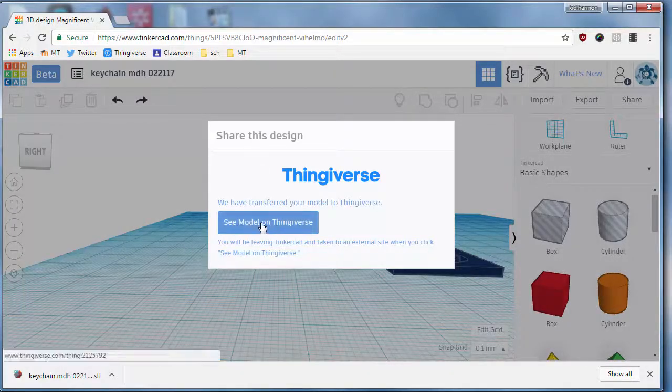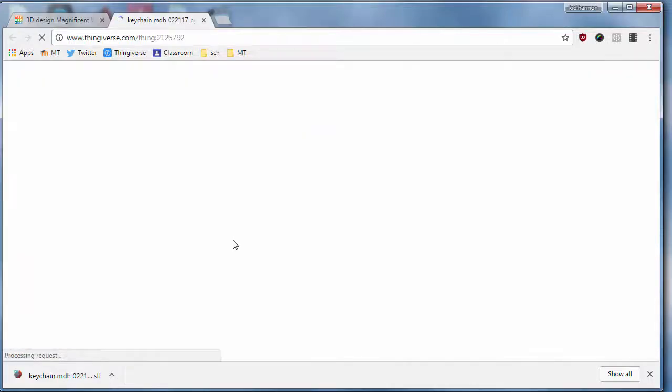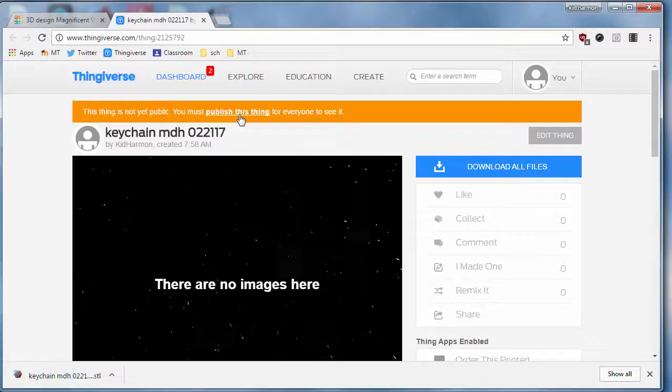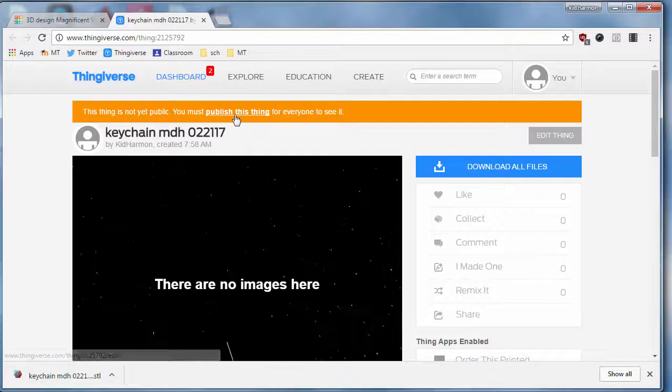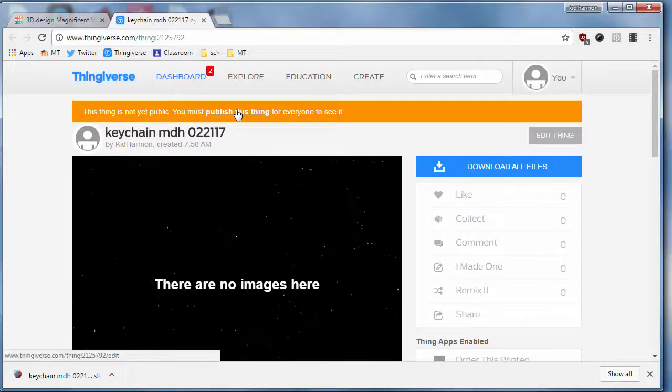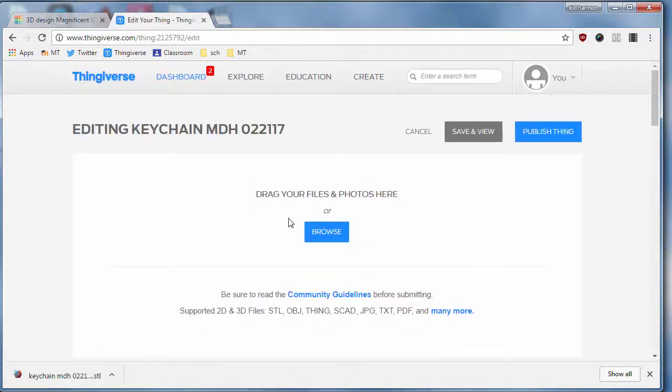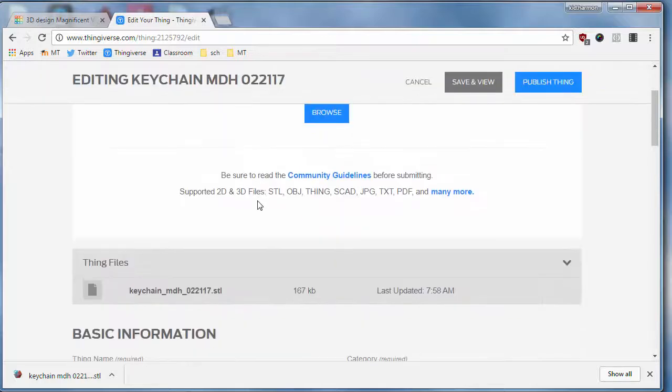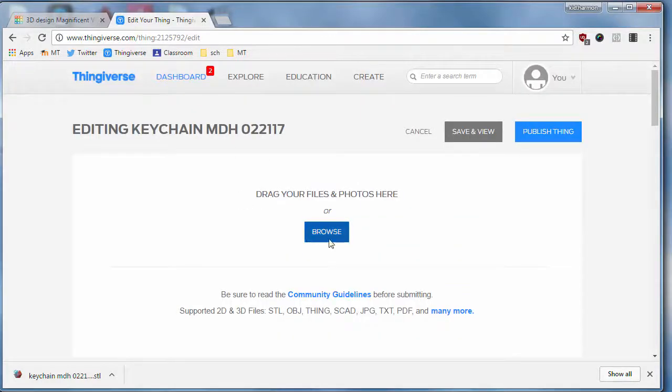When it finishes, it pops up a C model on Thingiverse, which is pretty doggone cool. You need to make it published so that I could see it at some point. When you do publish it, they would like you to add an image of it, and I would like you